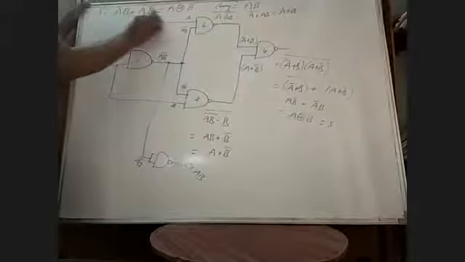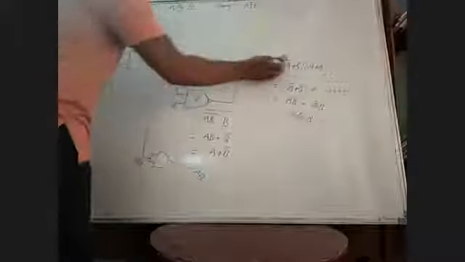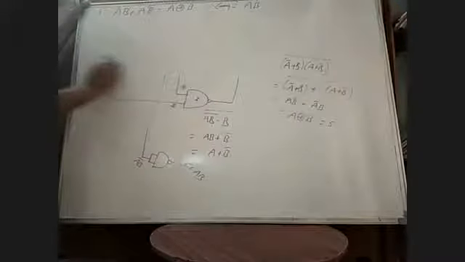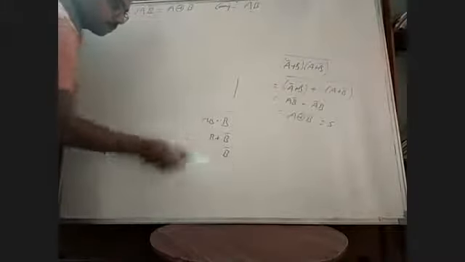Now we are going to realize the same circuit using NOR gates. You have to remember this XOR gate 4-gate structure. You have to practice and remember it. Now we are going to realize the exclusive OR gate using NOR gates to generate the half adder. Side heading: realization of half adder using NOR gates.